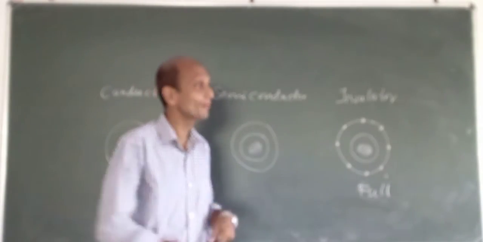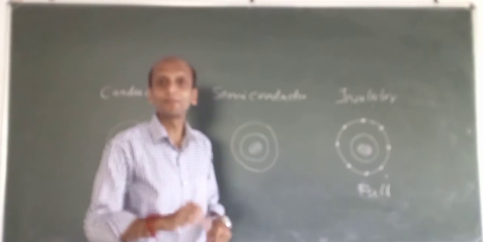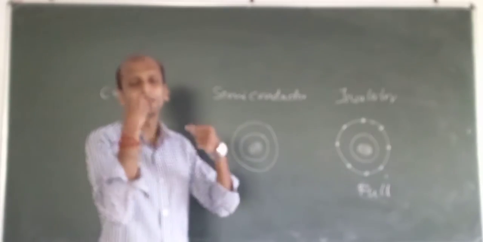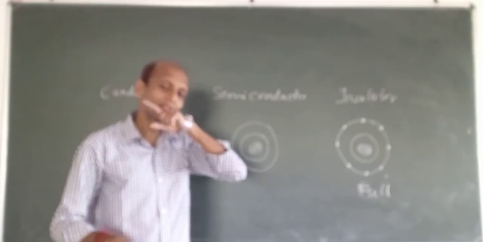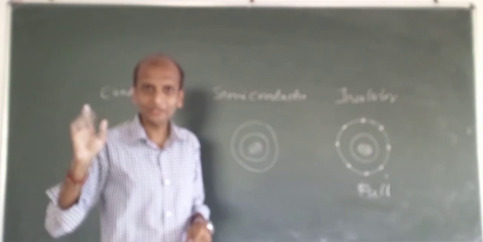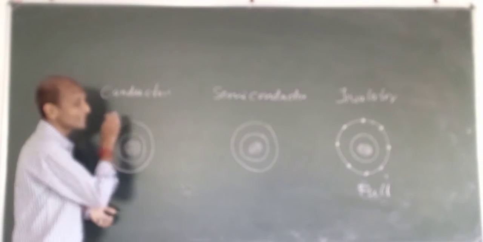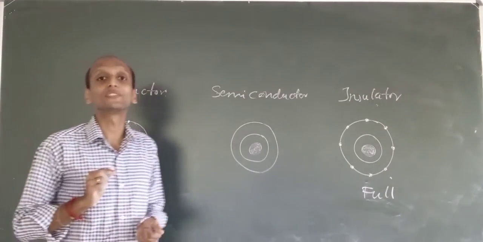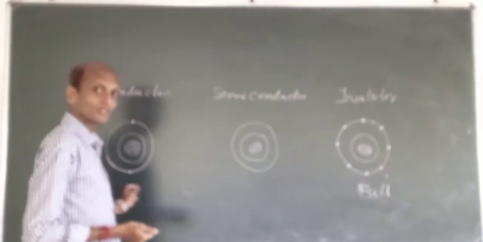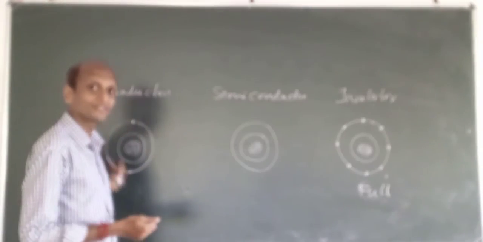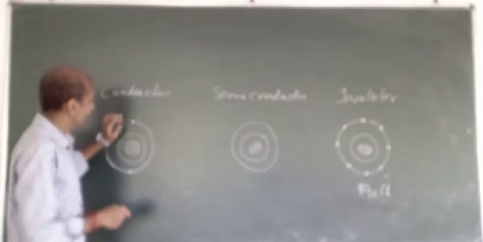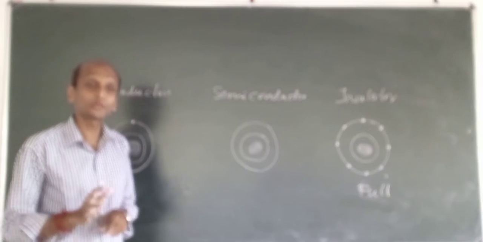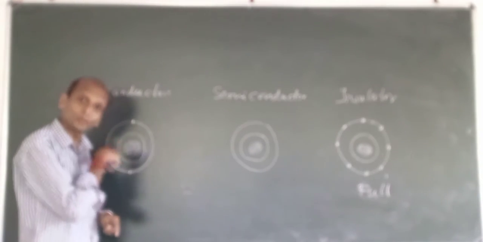For example, I am going on a road with my bike. If the road is totally free, no one is there on the road, so I can drive like anything. Isn't it or not? So here, conductor materials will have either 1 or 2 valence electrons. So the number of electrons on the outermost orbit, that is the valence orbit, will be 1 or 2. That's all. 1 or 2 electrons will be there on the outermost orbit.